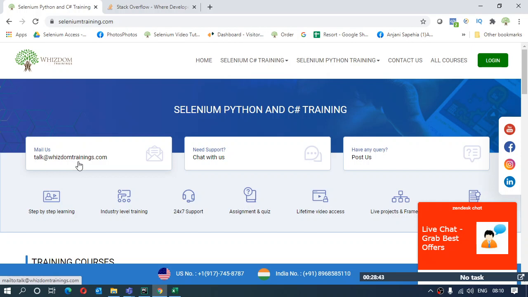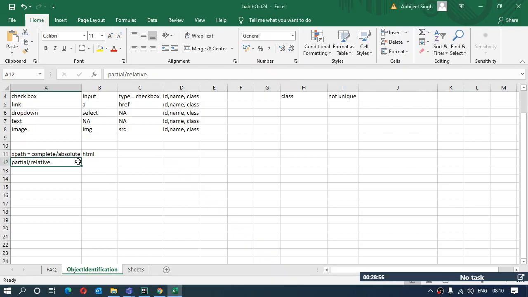So we don't prefer going with that. But talking about the partial or relative XPath, it's not made from the very first tag of the page. Instead, it is made from a tag which has an optional attribute like ID, name, you can use anything like that, which is unique for that element.